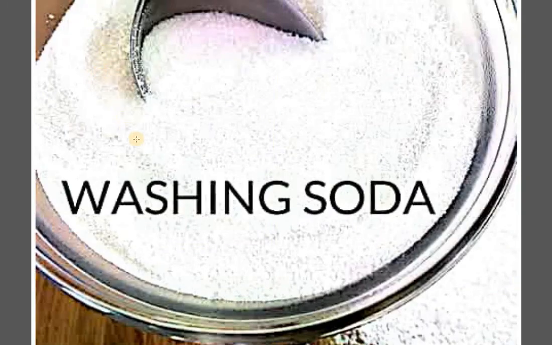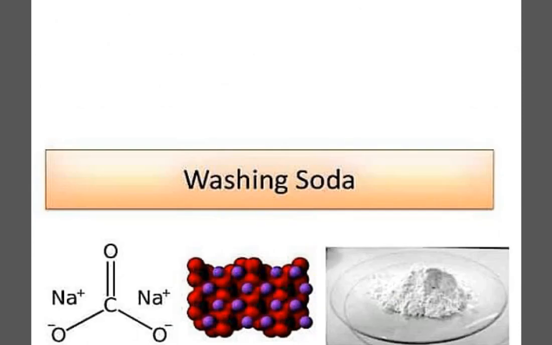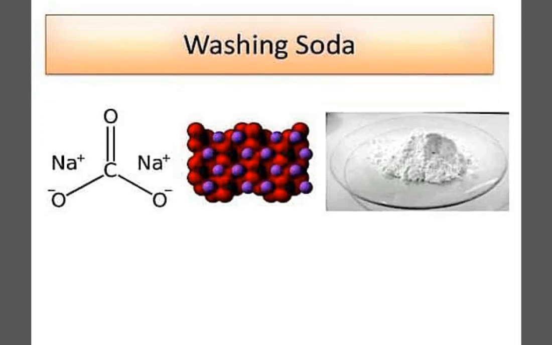Next, we are going to talk about washing soda, which is another chemical obtained from sodium chloride. Now, washing soda, as you can see, this is the crystal structure. Its appearance is a white colored powder, and its bond formation will be like this. The formula of the same is Na2CO3.10H2O, that is sodium carbonate decahydrate. Why decahydrate? Because 10 molecules of water of crystallization are associated with it to form washing soda.